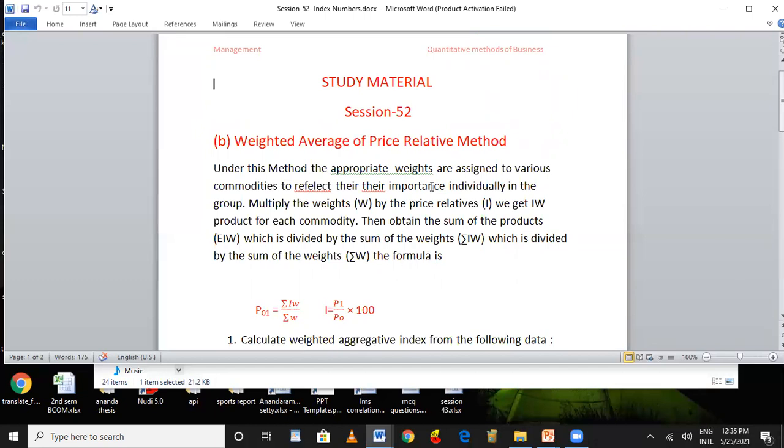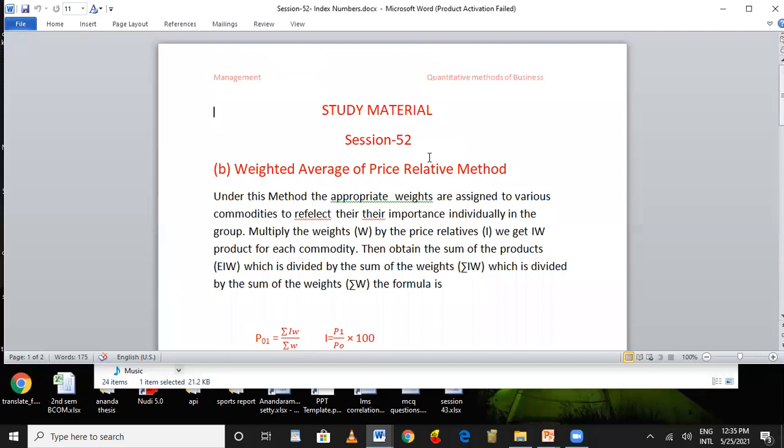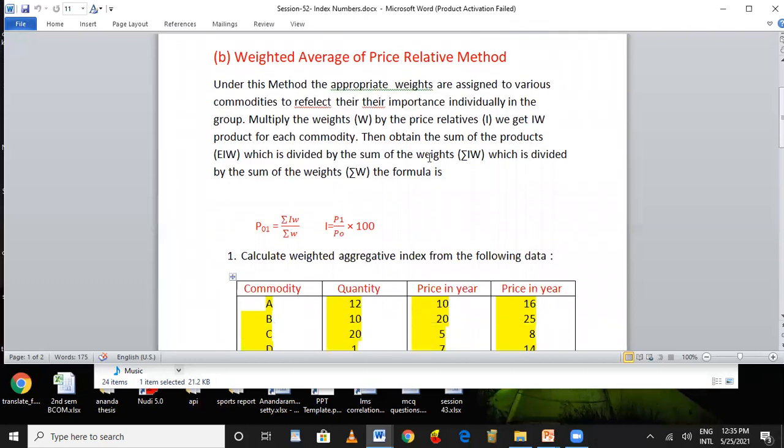On that basis we are calculating the index number, because in the index number we have to use appropriate tools, and we have to obtain the correct P01 of the index numbers. On the basis of the index number only, we will go for decision making and policy framing. For that, it is necessary that appropriate tools are used. So we consider this weighted average of price relatives method, when compared with the previous one, to be better, and thank you.